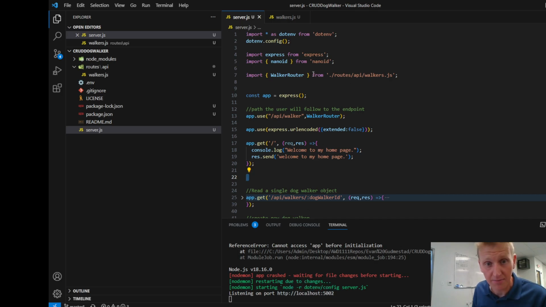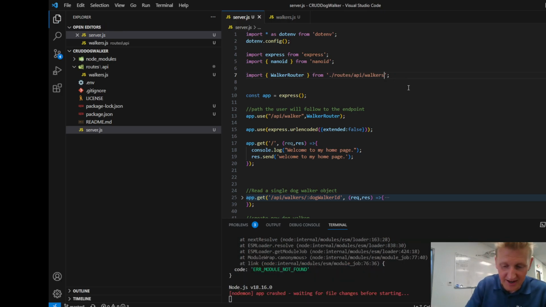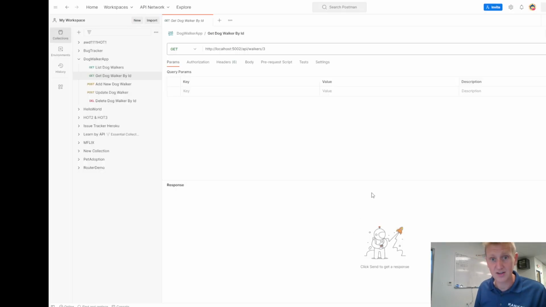Okay, so I did need the full path. Notice if I take that walker.js off, I forgot if I needed it or not. Sometimes you forget the simple things. So you do need the JS for the local file. And then you needed to bring in the router and use the router on the right path. Now, all that just to say, I'm just refactoring this. Let's see if my list still works. List of dog walkers. And if I send that,